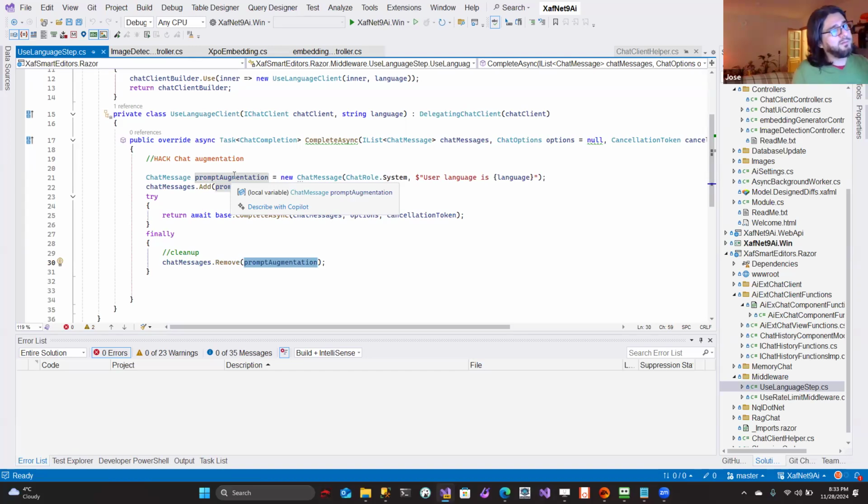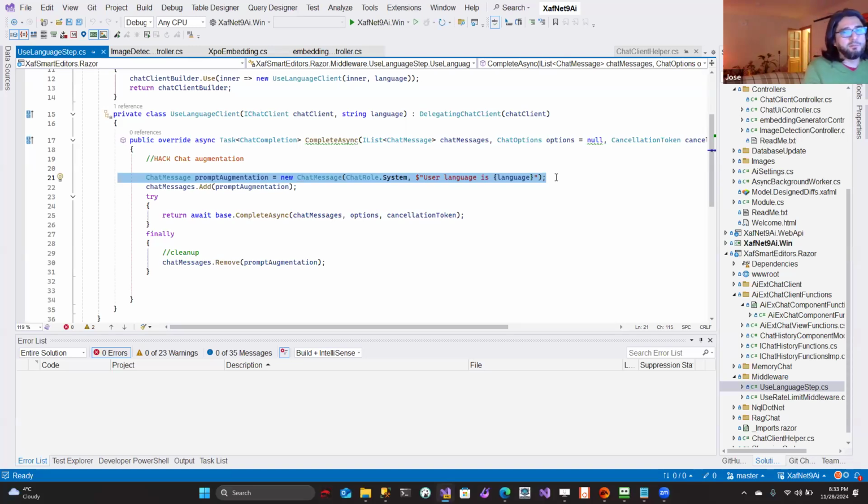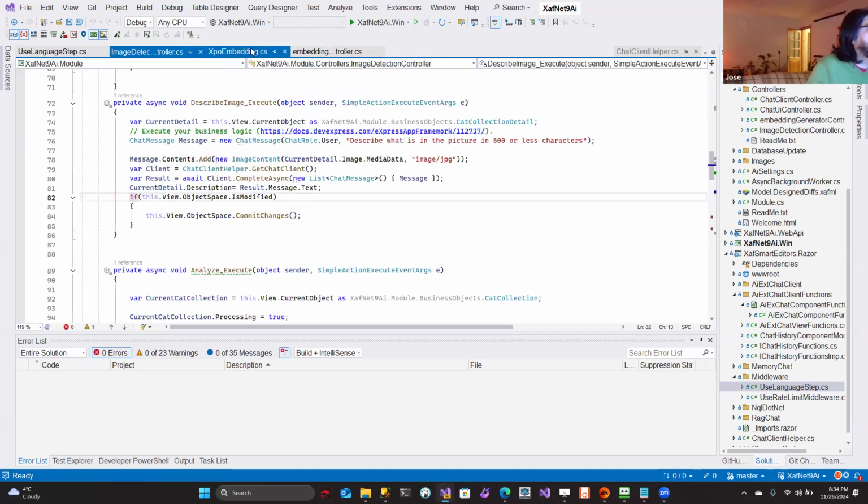If you are putting this list of chat messages in the grid, you will not see this extra message that we add, because we add it before processing the request, and then we remove it after the request is processed. So you will never have it on the list. That's the idea, that you can concatenate several middlewares and you will go to the next step all the time. And this is the pattern that you need to do: add the prompt and then remove the prompt again. So if we go to